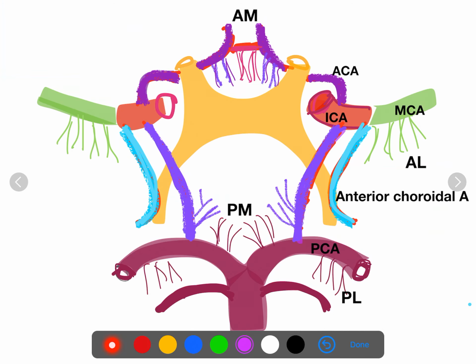Now this is the circle of Willis. Here are the branches of the internal carotid artery, the cerebral part of the internal carotid artery, the posterior communicating artery which passes posteromedially and joins with the posterior cerebral artery. Now this is the anterior choroidal artery. It passes backwards along the lateral aspect of the optic tract and it enters into the inferior horn of the lateral ventricle through the choroid fissure. So it provides the choroid plexus there.